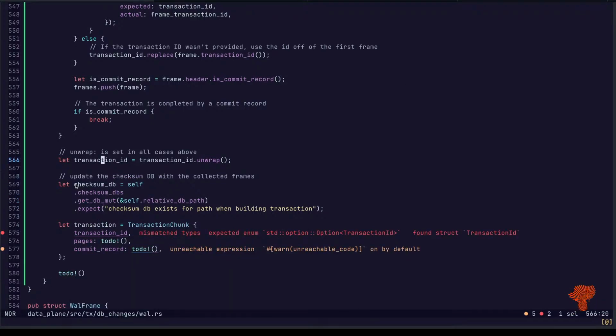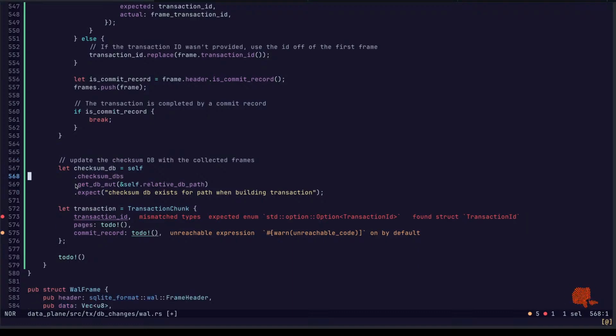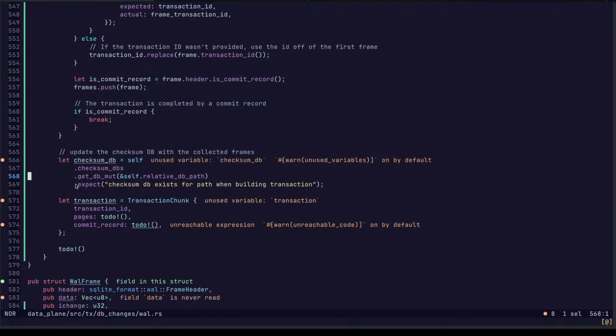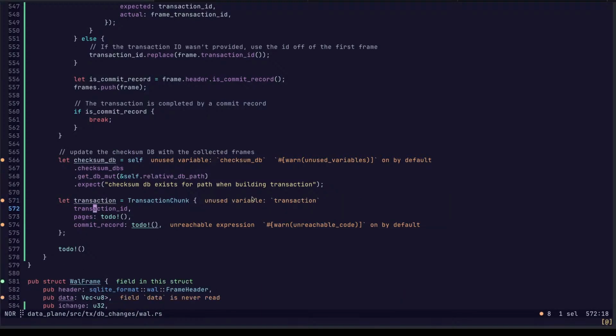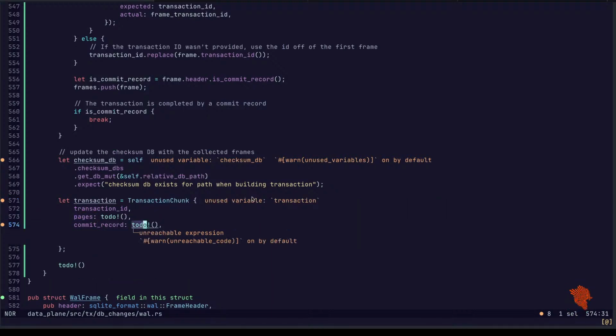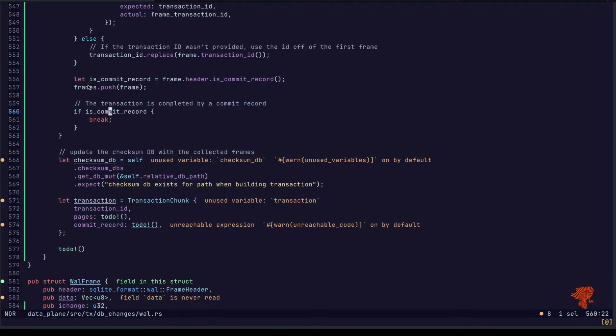It expects an option. Of course, of course. Okay, transaction ID is set. Pages we need to work on. Commit record. It would be the last one if it does exist.